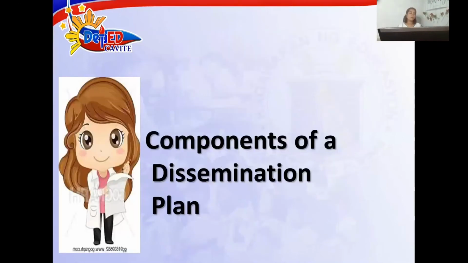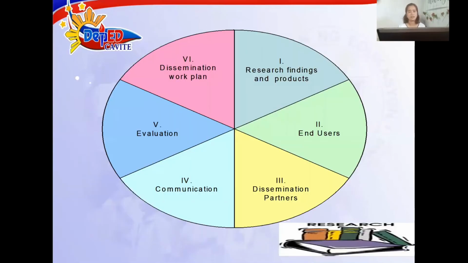So we also have the components of a dissemination plan. We have 6 components. So look at this. The first one is research findings and products. Then the second one is the end user. The third one is the dissemination partners. The fourth one is communication. The fifth step is evaluation. And the last step is the dissemination work plan. For details of the 6 major components,